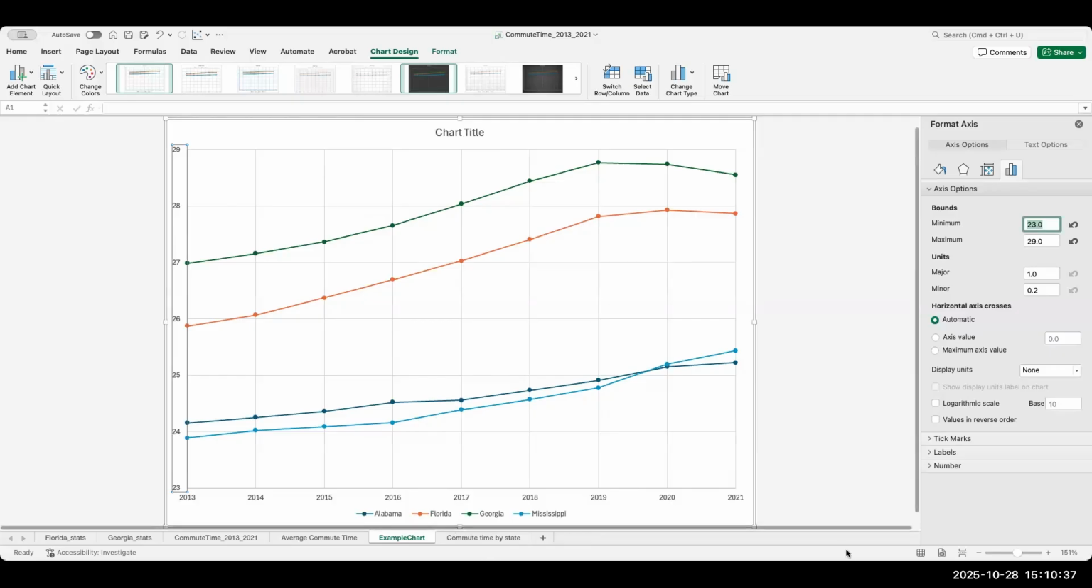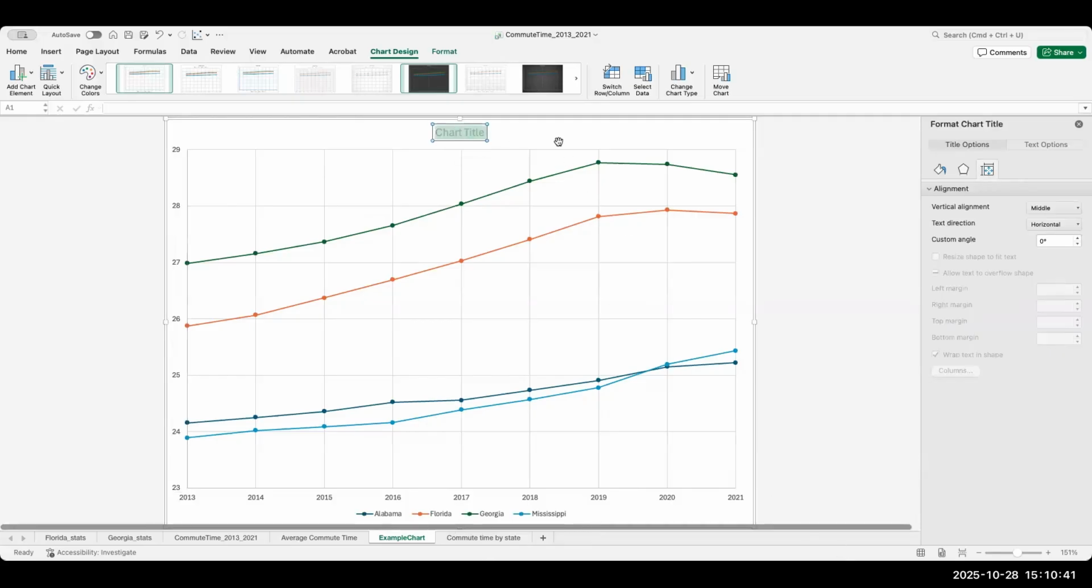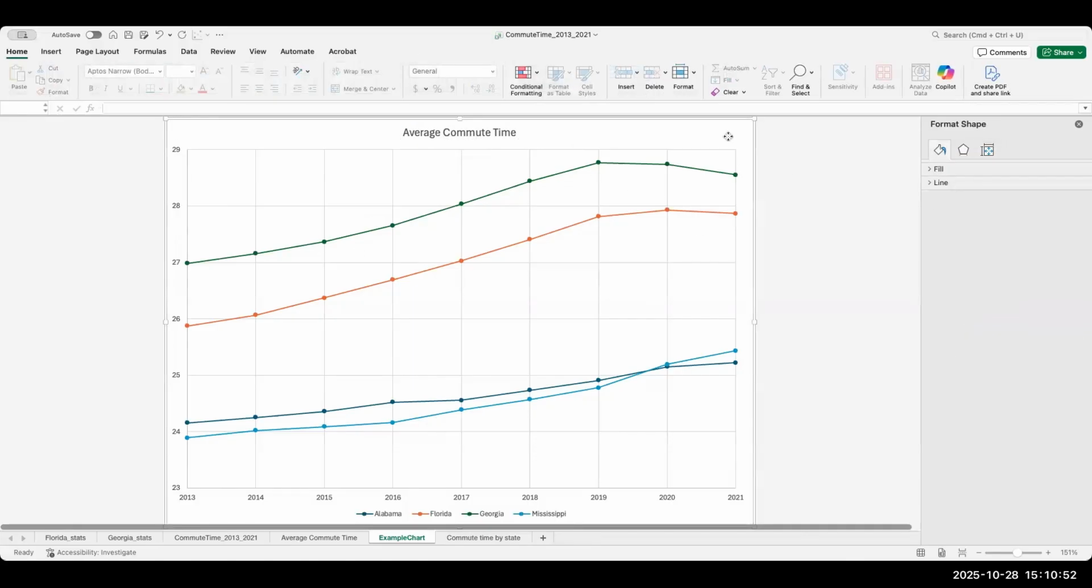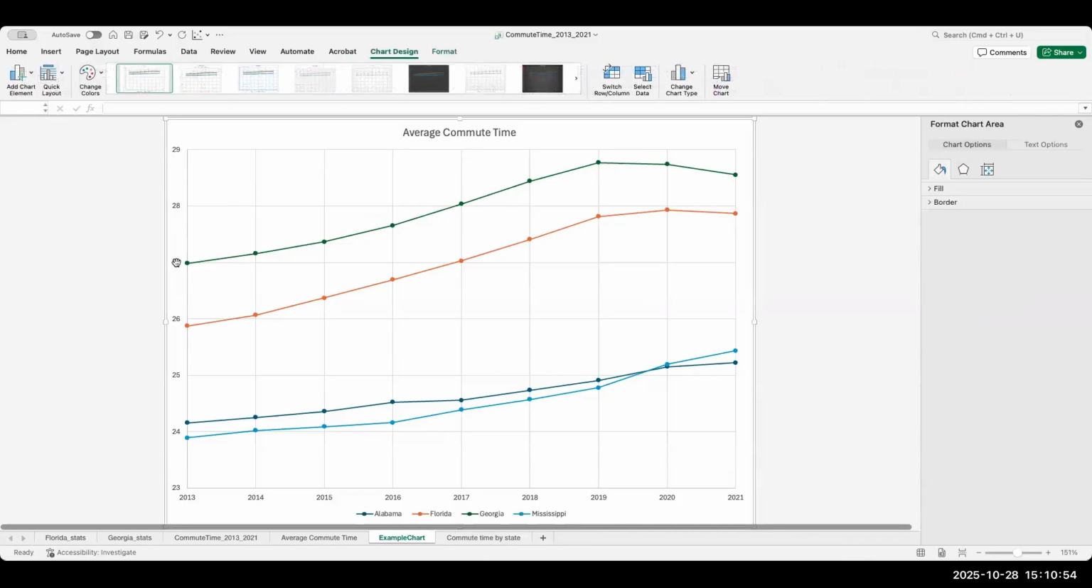Then we can add titles and any other information. So the chart title is already here by default. So we can say average commute time. And then if we want to add anything else, say, a label for our y-axis and our x-axis, if you go to this add chart element, you'll see you can add